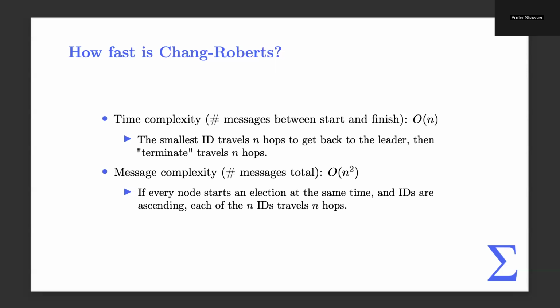Yeah, exactly. So if there's a bunch of nodes in this ring, this isn't going to be exactly related to this problem, but say this is the start and this is the finish of something. This took 1, 2, 3, 4, 5, 6 messages to get from the start to the finish. But maybe there are also other messages being sent by this algorithm, something like this, and maybe these are required to get to